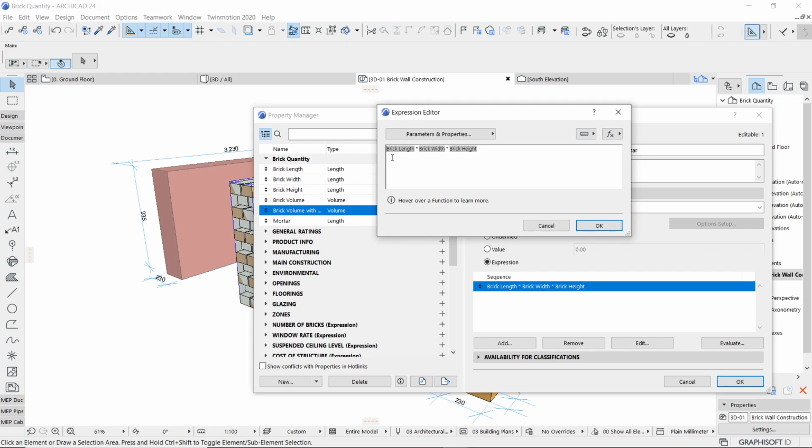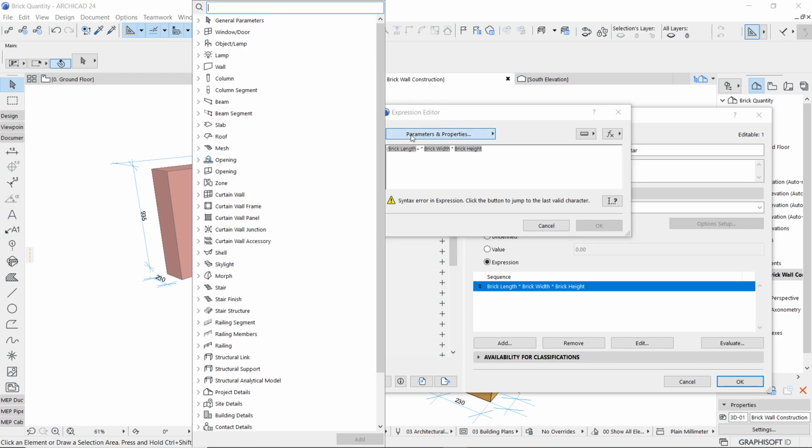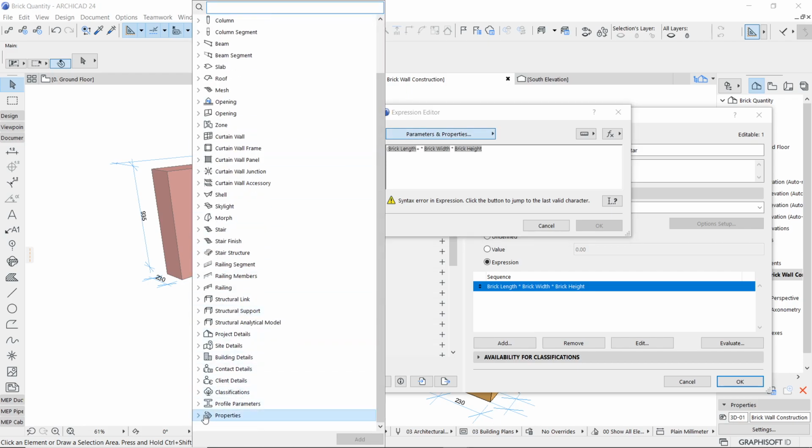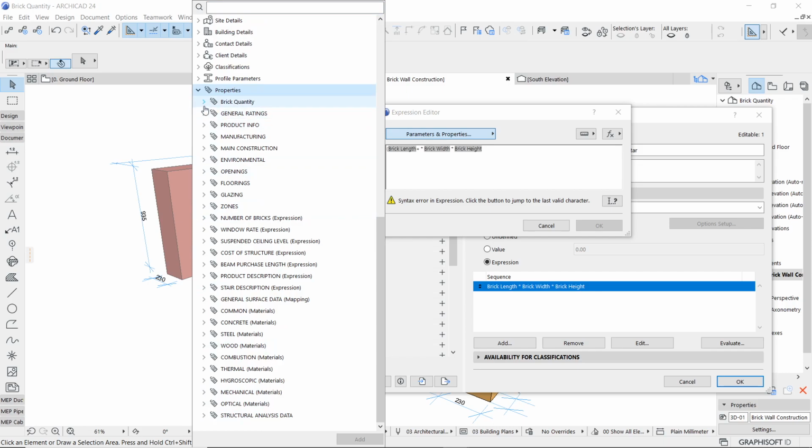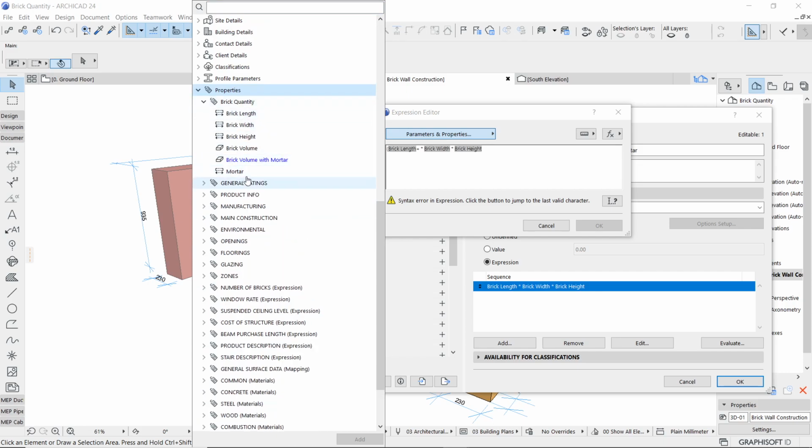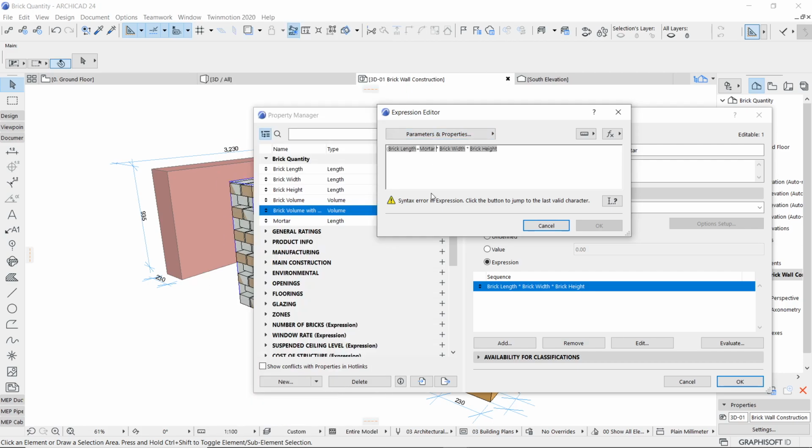This time you have to use the logic of brackets, because the function which I am using is a bracket with a plus sign, and then I am going to add this property of size of the mortar. So mortar size was supposed to be okay, and then I'm going to close this bracket.